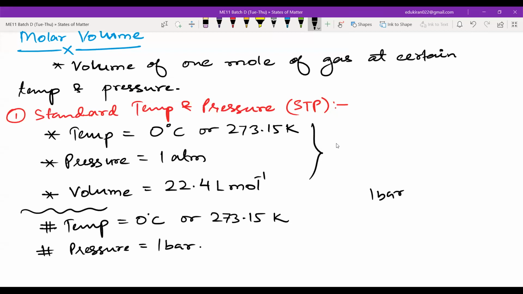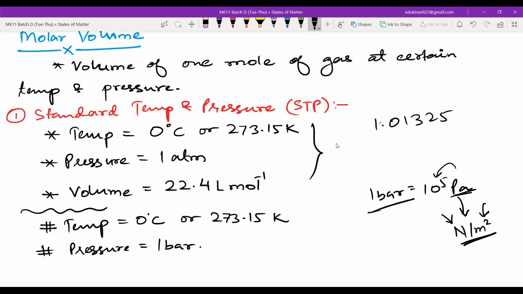Why? Because 1 bar is equal to 10 to the power 5 Pascal, right? And 1 Pascal is 1 Newton per meter square, right? That means you just put 1 for Newton and 1 for meter square, and you get the unit Pascal. Multiply it by 10 to the power 5, and you get 1 bar of pressure. But if I want a pressure of 1 atm, it is quite difficult because we have to put in 1.01325 into 10 to the power 5 Pascal. So arranging the force and the area is very difficult. That is why IUPAC updated its